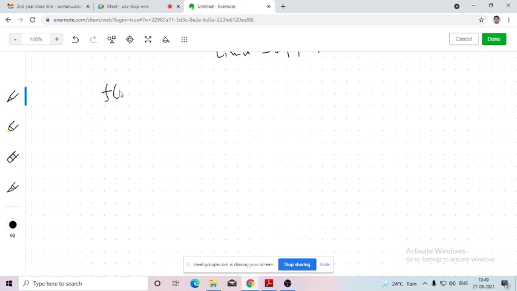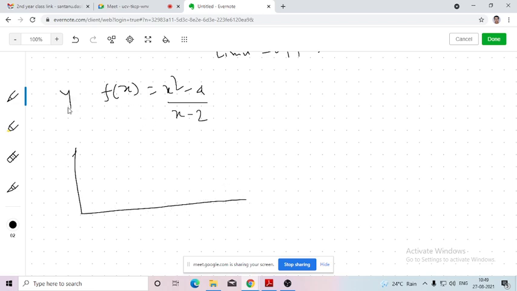So how can we check? Let's say the function we are taking is (x square minus 4) by (x minus 2). Since the number of independent variables is 1, there are a total of 2 variables. X is the independent variable, y is the dependent variable. So I can represent the graph in a 2-dimensional real plane. This is the x axis, this is the y axis, and say this is the graph of the function. This is not the exact graph, I am roughly assuming it.